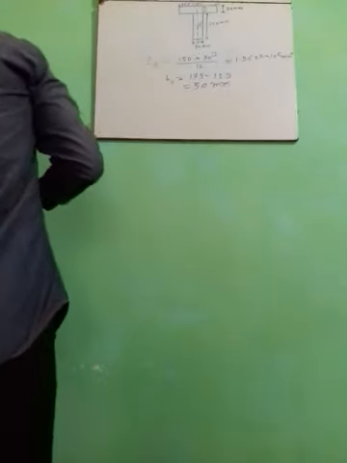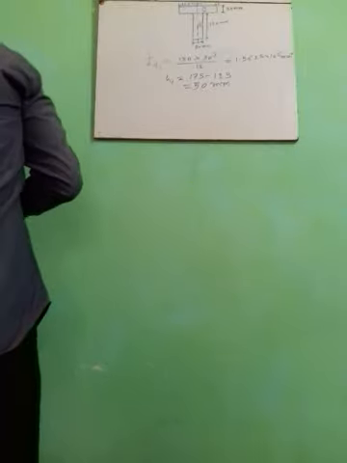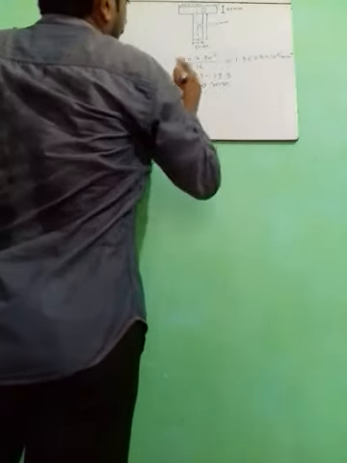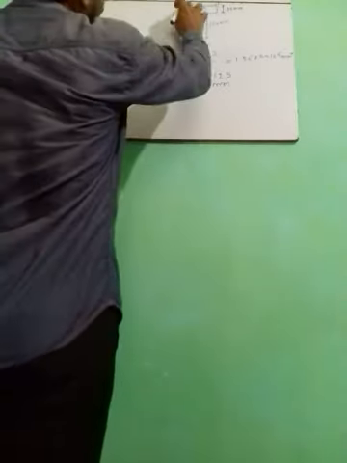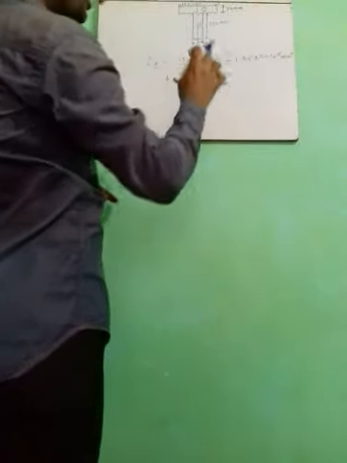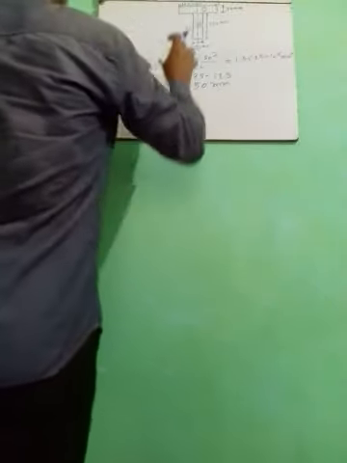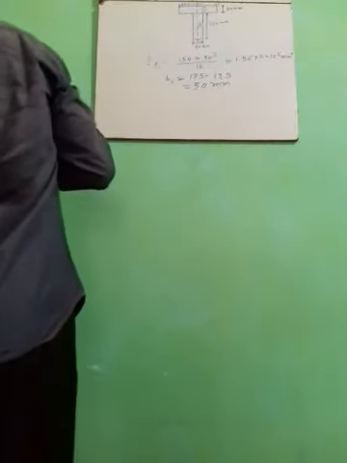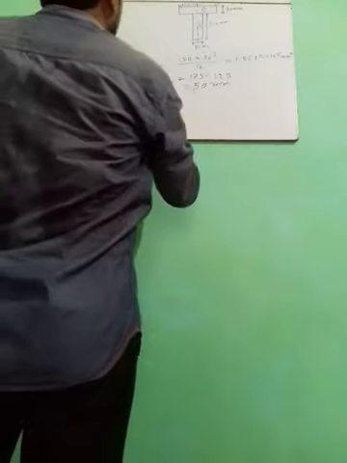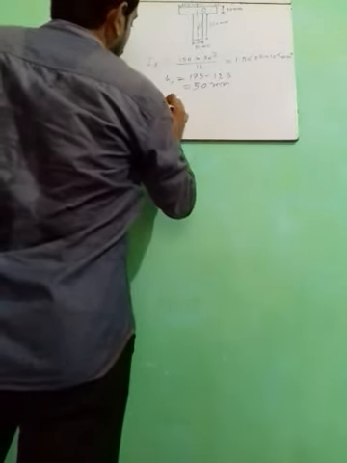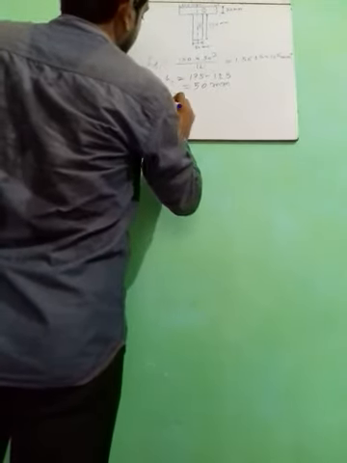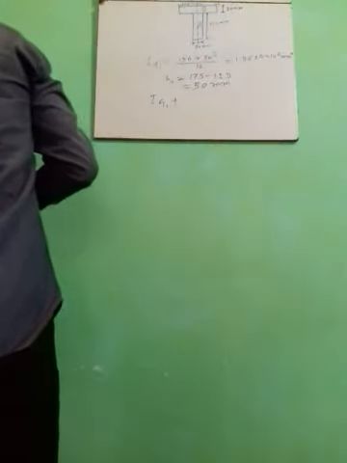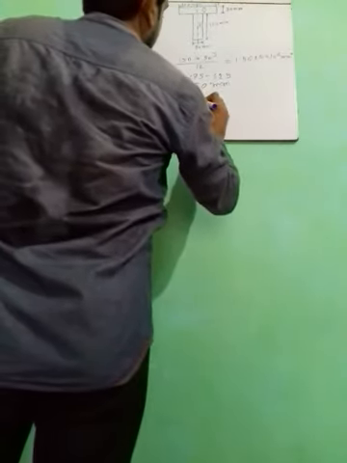Okay. Now, earlier we got the moment of inertia of this figure about its CG, and the moment of inertia about any other axis parallel to the x-axis will be Ig1 plus A1 H1 square equal to